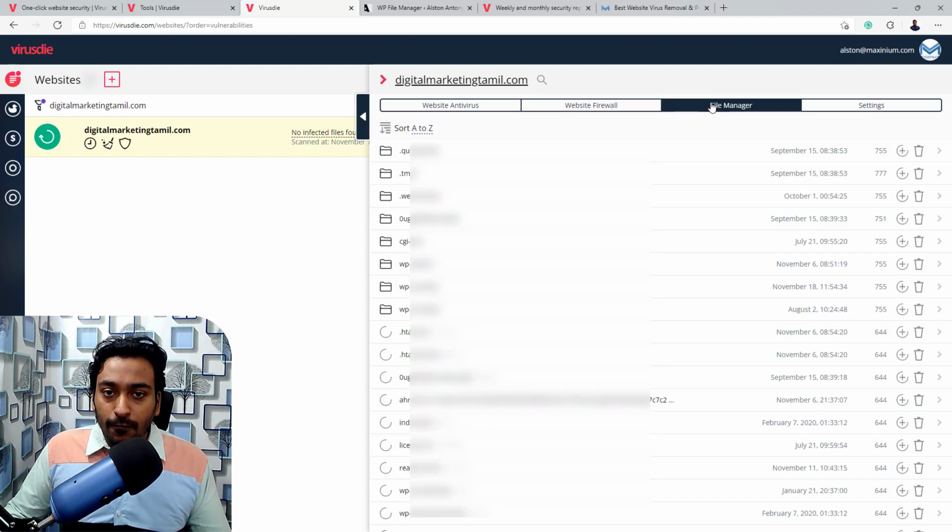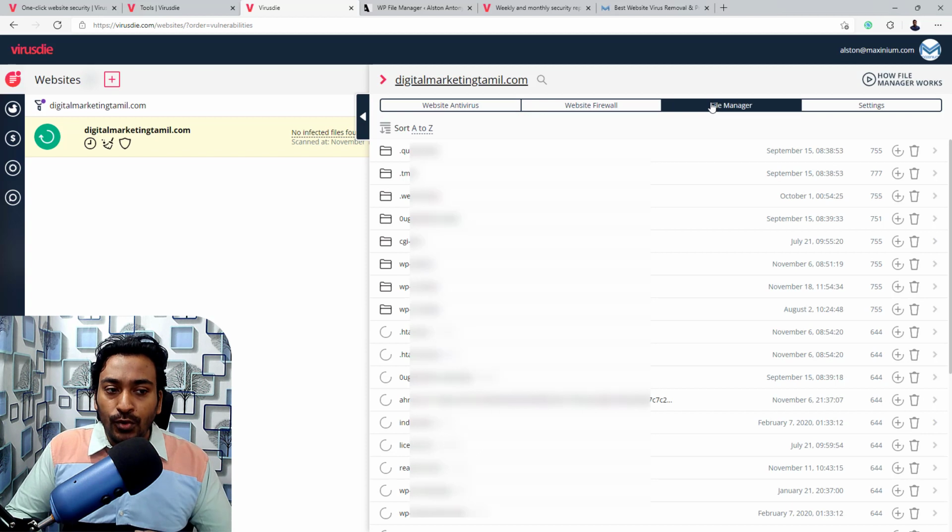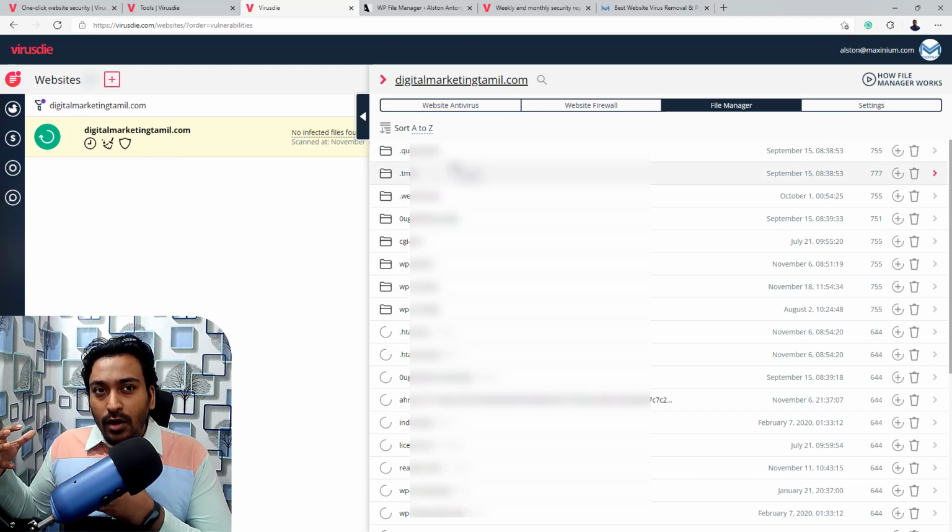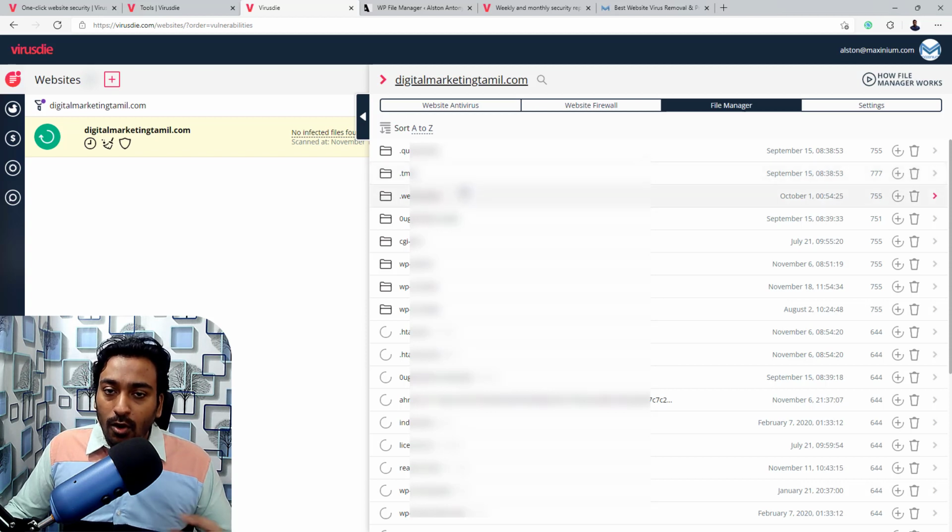The third tab is the file manager, where it gives you a tool to explore all the different files within your website directory. You can see all the directory. Basically it shows, if you are using a server, FTP server or cPanel, when you go into File Manager, this is what you will see on there.